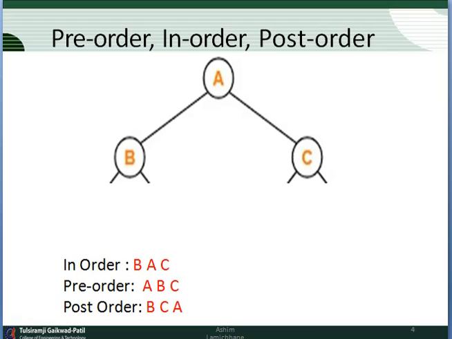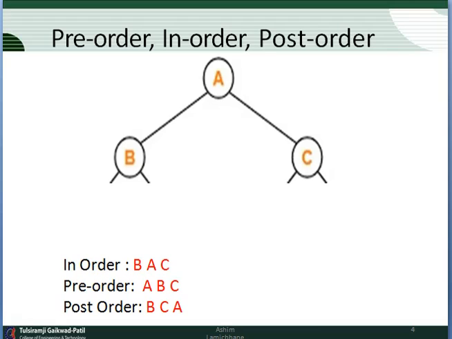Look at the given diagram over here. A simple diagram of three different nodes, say A, B, and C. We can consider A as the root, B as the left part of the tree, and C as the right part of the tree. While visiting in order, we first visit the left side of the tree, that is B, then the root node, that is A, and at last the right node, that is C. So the in-order of this particular tree is B, A, and C.